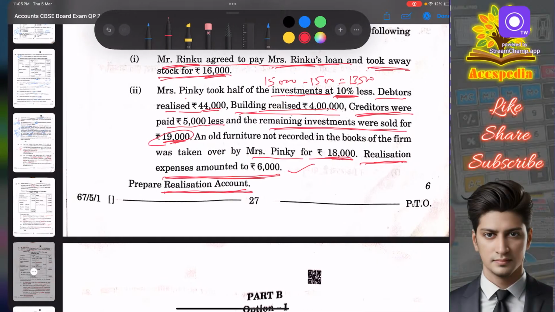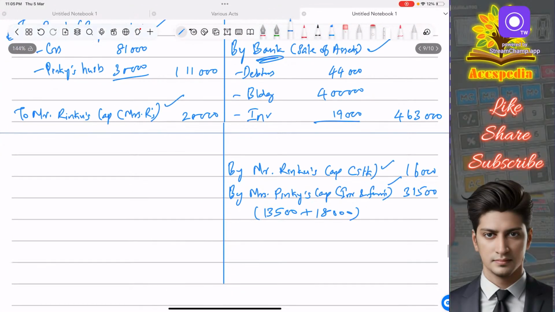Journal entry is realization to bank. So you go on, write to bank